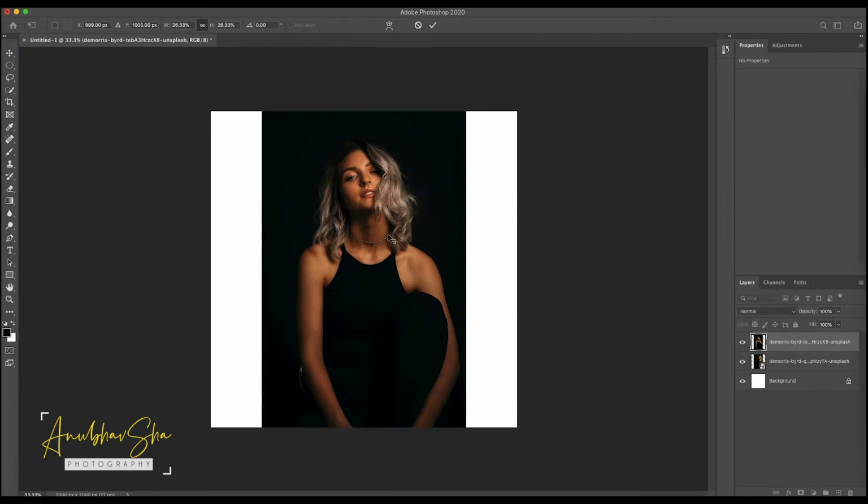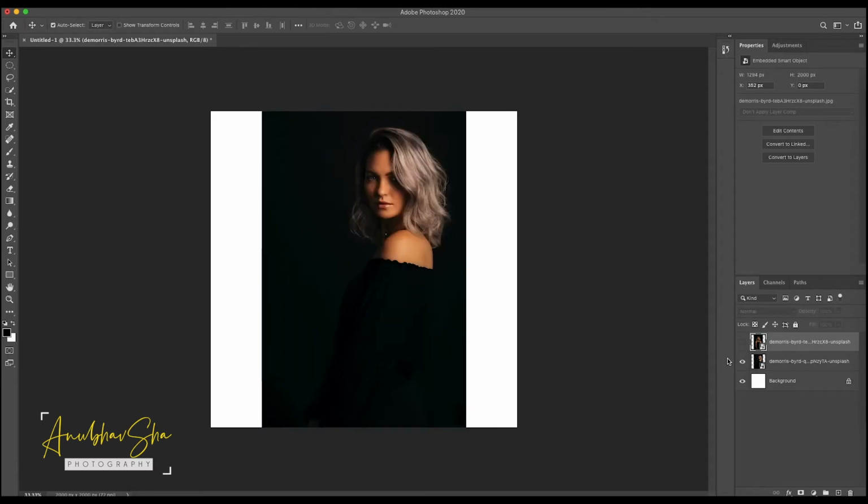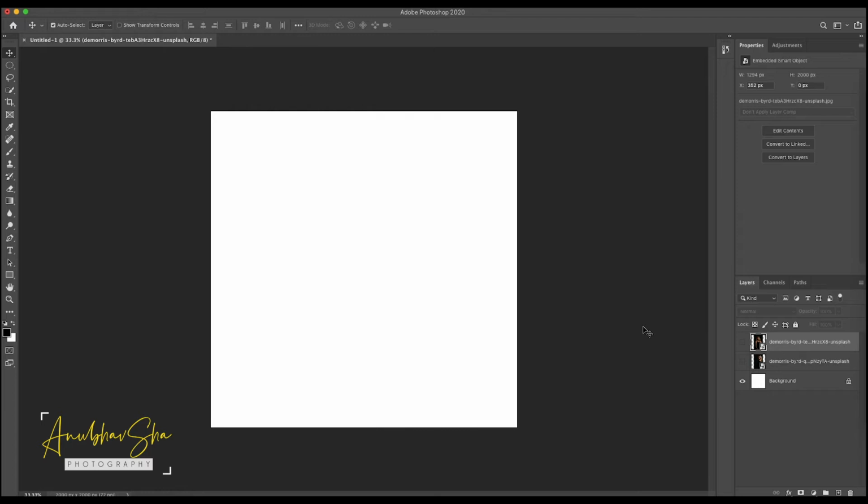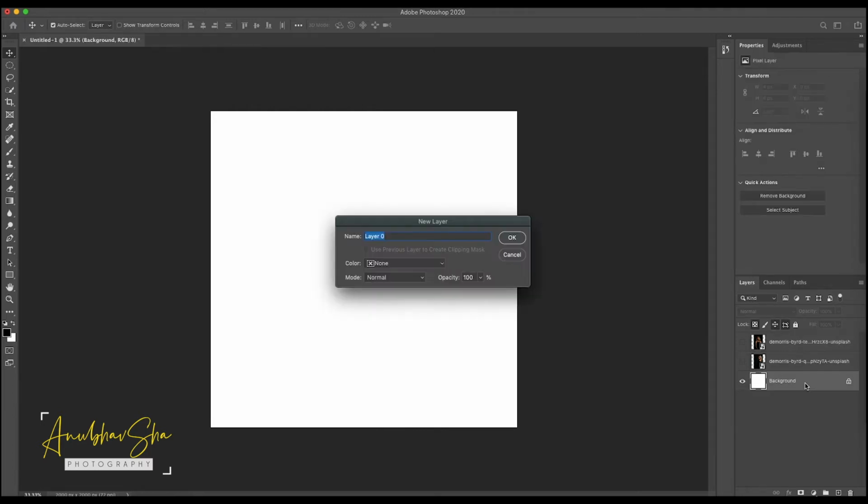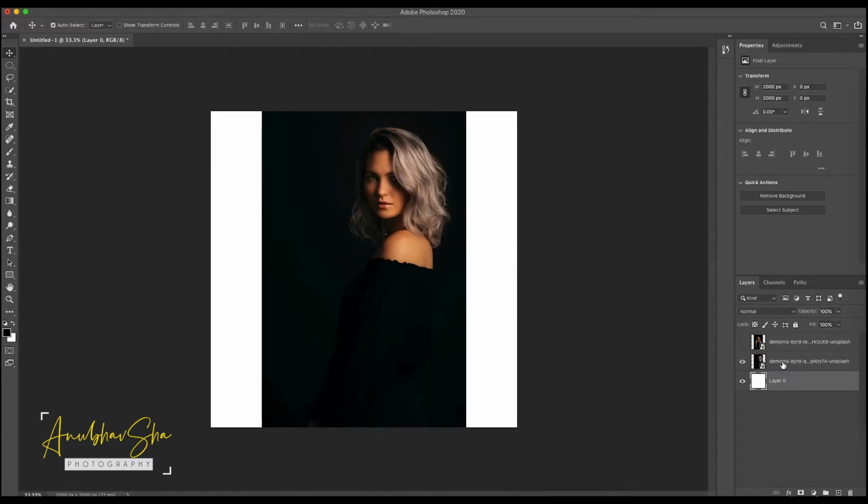First of all, we have just dragged both the images onto the canvas and we are just going to disable it, and we have a background which is in the white color. Just double click on it and convert it to the layer. Click on first image. Well, by the way, I downloaded these two images from unsplash.com. You can go to this website and check out very beautiful images from various amazing awarded artists.